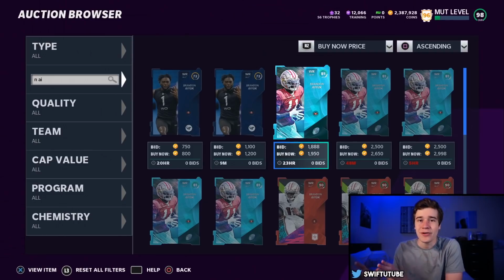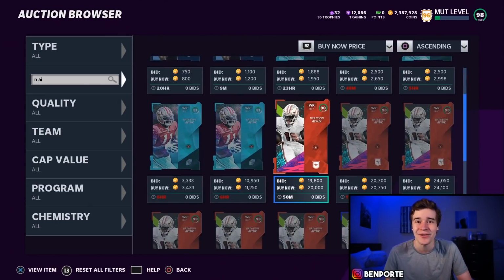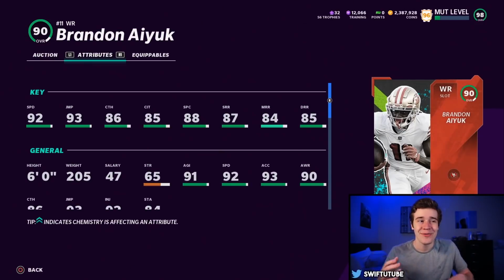Now there are 6 golden tickets that I'm going to go over at the start of the video that are basically a slam dunk. These golden tickets are almost 100% guaranteed, and we are going to start it off with Brandon Ayuk, who I actually helped construct. Now to start with, this card is probably going to be rocking with 99s across the board